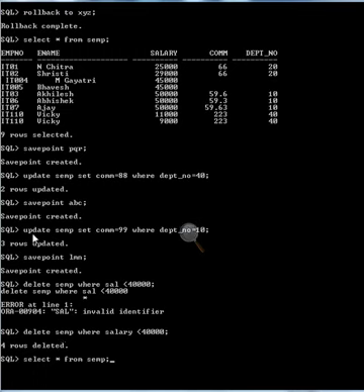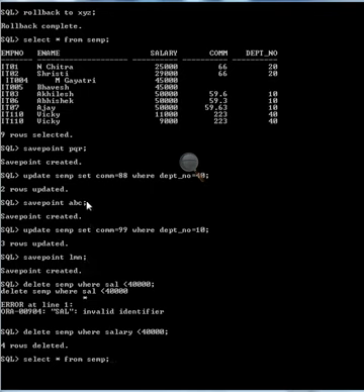Before looking at that, just keep in mind that first we gave save point PQR, then save point ABC, then save point LMN.